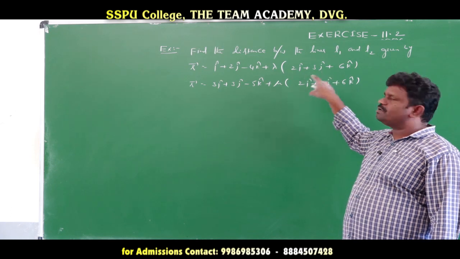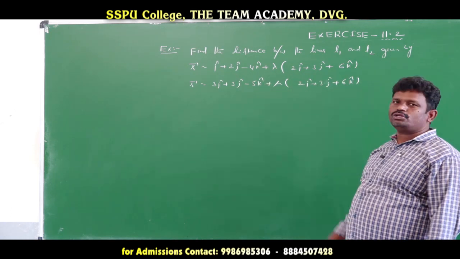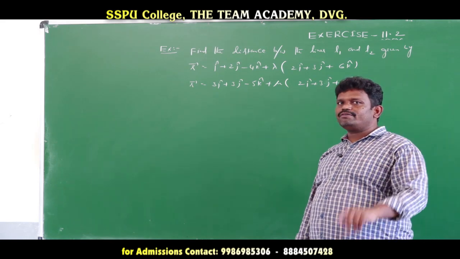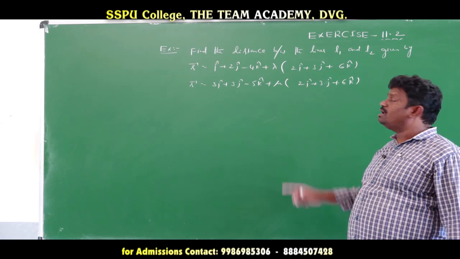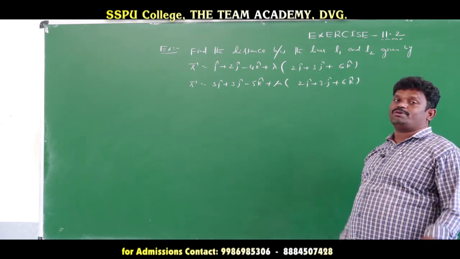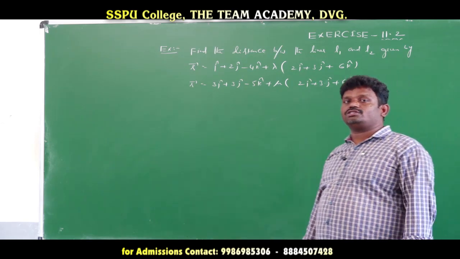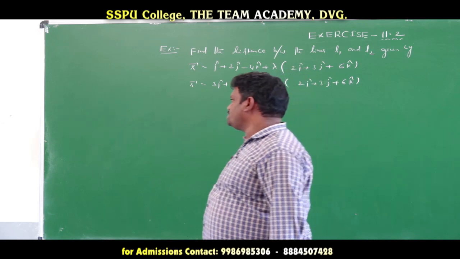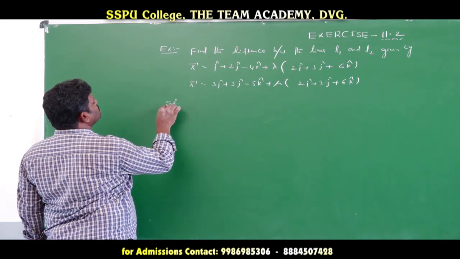Correct? So this one, a1 bar plus lambda into b bar, a2 bar plus lambda into b bar. So that's why when we verify these two are same, it means that the vectors are parallel vectors. Then this is the parallel lines. This is the parallel line. If we find out the distance between these two lines. Otherwise here different vectors means the two lines are which type of lines? Skew lines. Now the formula, what is here, the shortest distance formula.